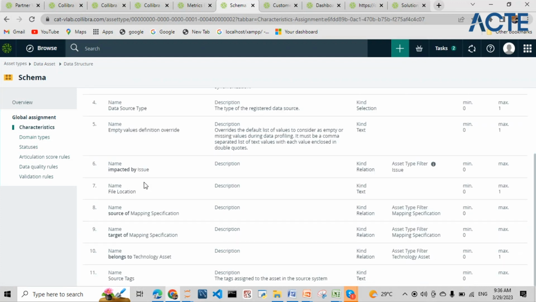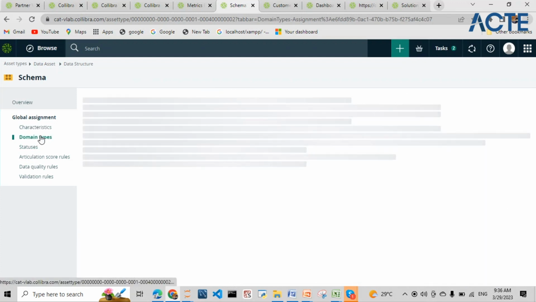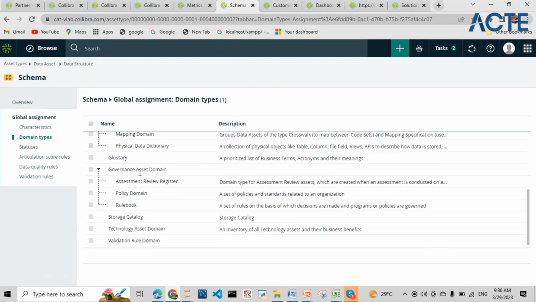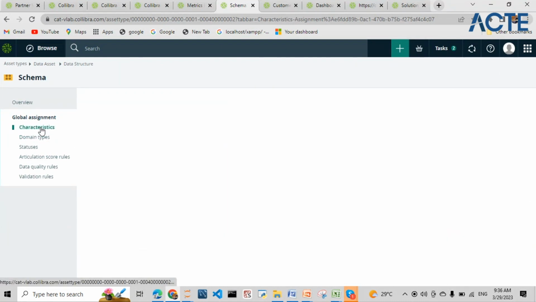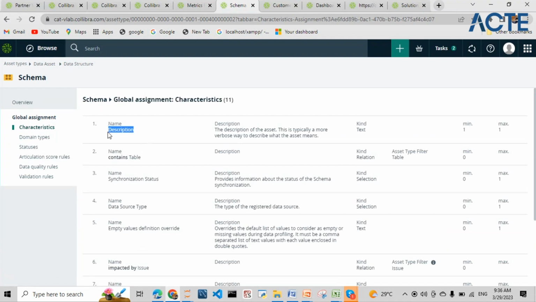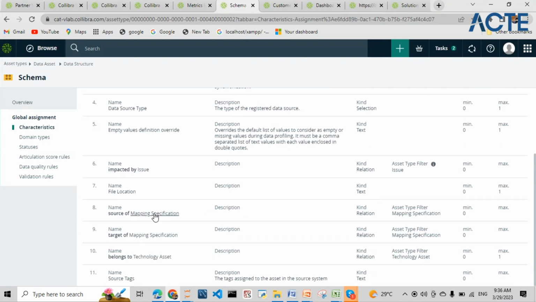Okay, so here the characteristics are domain types. I clicked on schema, I think. So what are the domain types in Collibra? The characteristics of a schema will have a description, and it will be containing the tables and characteristics. So what kind of text will be in those attributes, this kind of details is there. We can have a schema as a source of mapping specification, and we can assign that a schema belongs to a technology asset. So the schemas belong to Postgres, Japan, prod. Likewise, we can add related technology assets. Likewise, we can add tags